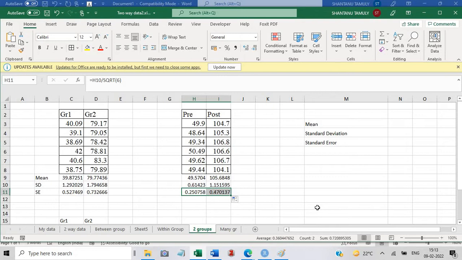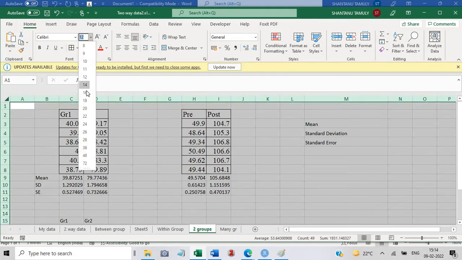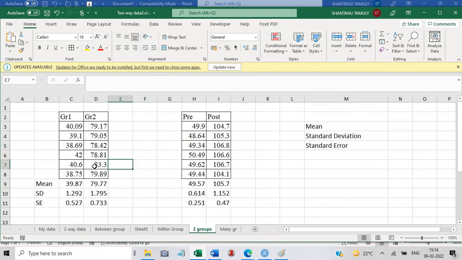Now what is next? Next, we want to see if the mean value of group 1 is different from group 2. If you look into the mean values of group 1 and group 2, let me increase the font size and bold it.